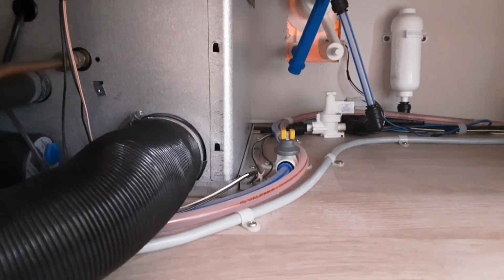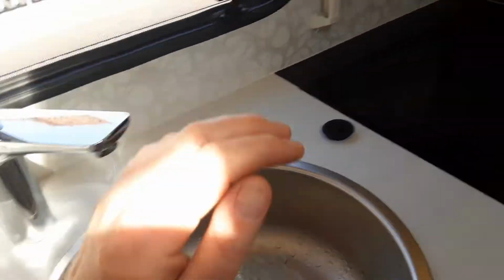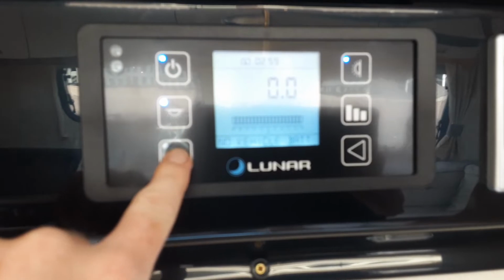So now the yellow valve is flat with the floor, we can come over to the taps, like I said, open them all up on the hot side of the water system. As you can see, I've already filled the system up, but once you've got the yellow valve shut, you'll come over to the water pump button, press it, and the water system